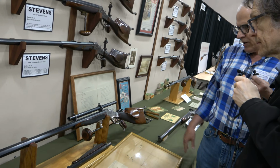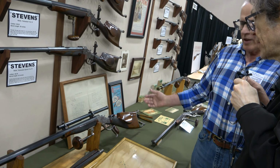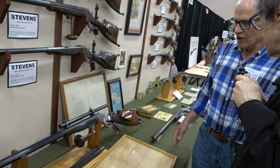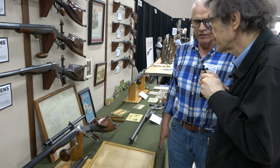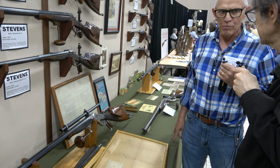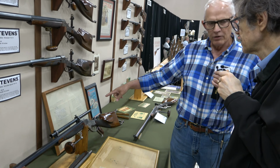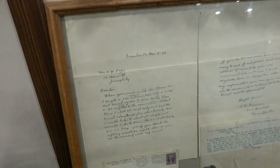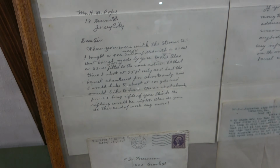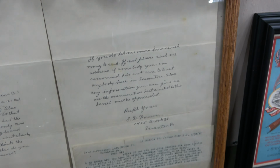Okay. Are the mounts otherwise identified as Stevens Pope mounts? No, they're not marked. Okay, but they're the only ones that look like that. Well, others made mounts that mounted in half cuts, but they're not like Pope's design. If you're a student and study them, then you can tell if they're Pope's or if they are actually someone else's. In addition, we have a letter from the original owner who, at a later date, had correspondence back with Pope, actually after he had left the factory. But this is in like 1938, and the rifle was made in 1905. So it's a letter from the original owner asking if the barrel could be rechambered from short